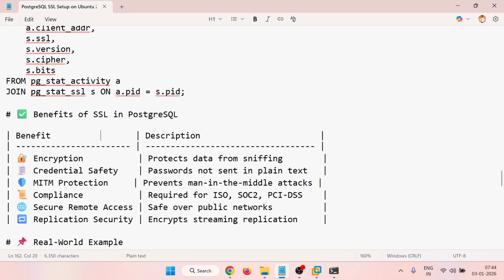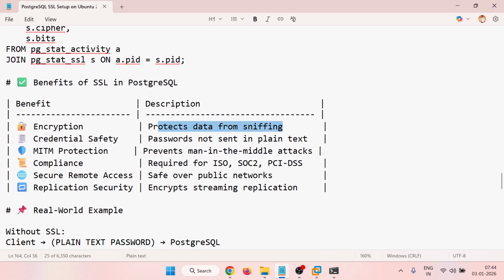So now benefits of SSL in PostgreSQL. So encryption protects data from sniffing, and credential safety, password not sent in plain text, MITM protection. So man in the middle, this is a MITM. Between your application server and your database server, it prevents man-in-the-middle attacks. So compliance required for ISO, SOC2 and PCI-DSS, and secure remote access safe over public networks, and